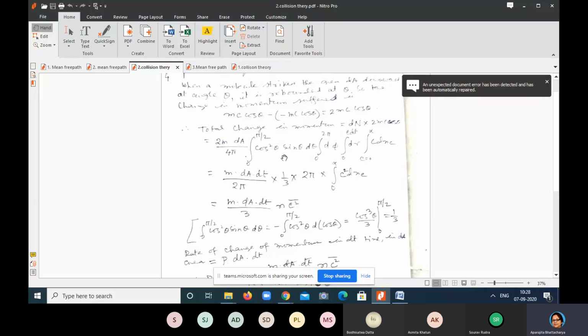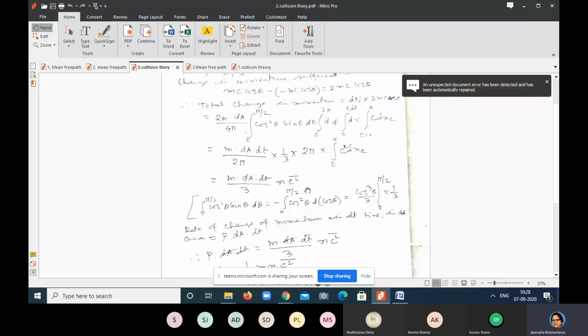These are very simple, and do this. Instead of putting the values just 1/3, you can remember that the average of cos theta sin theta is equal to pi by 2. No, it is half, known to us. So you can also put this 2 pi. So ultimately we come to this expression, and you can put it by average C square bar.